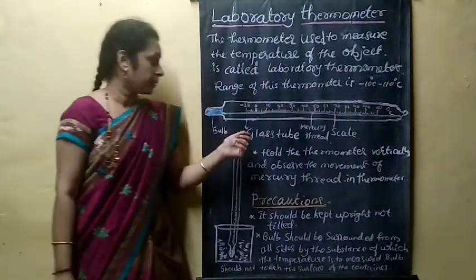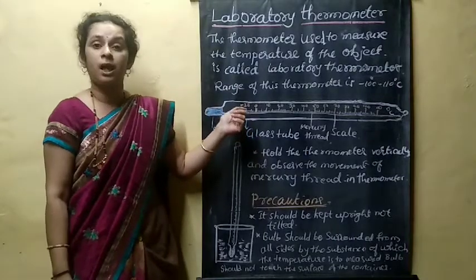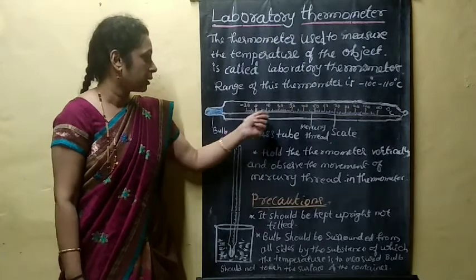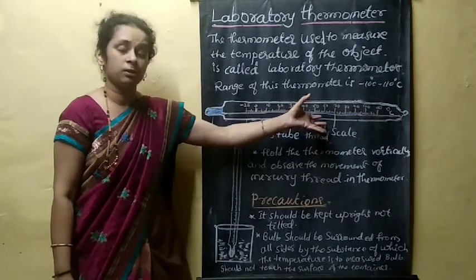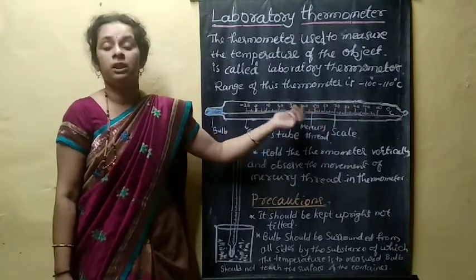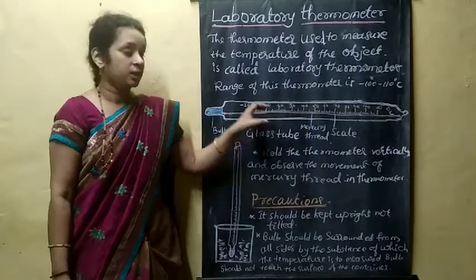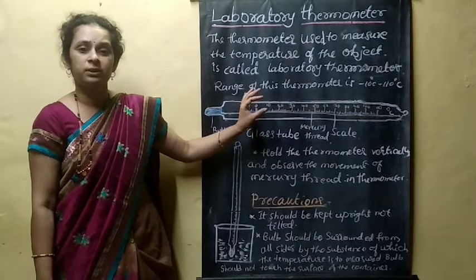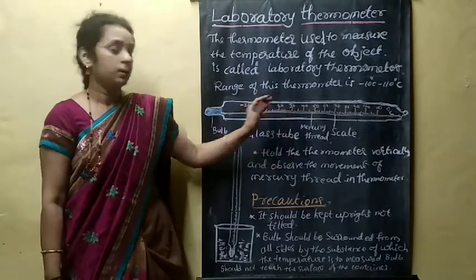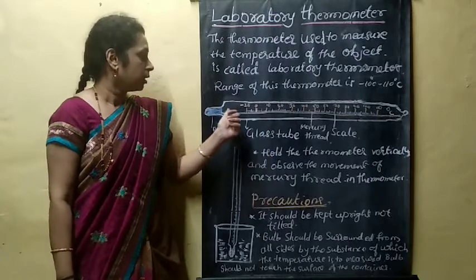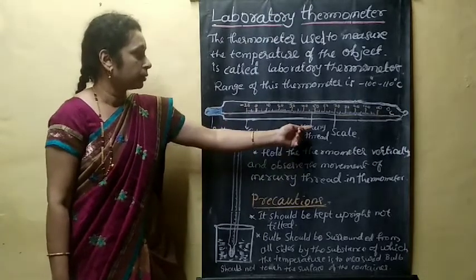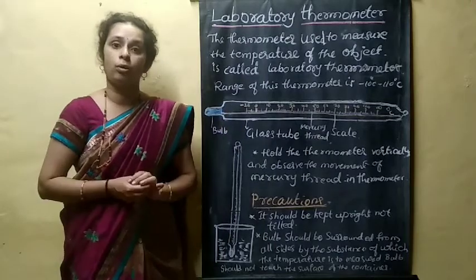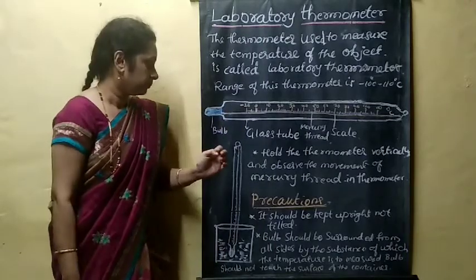Okay, this is a thermometer. It is mainly made up of a narrow glass tube, and it has a mercury bulb for measuring the temperature. There will be a scale. This is about the laboratory thermometer. Same, it is a narrow glass tube with a bulb and mercury thread, and you will come across a scale. You have to draw this diagram in the practical book.